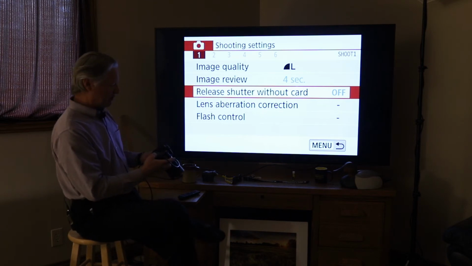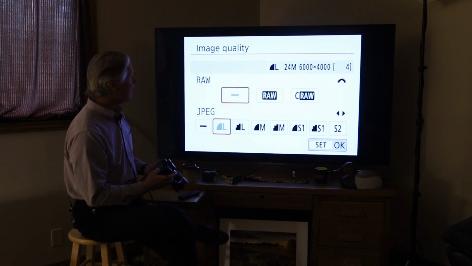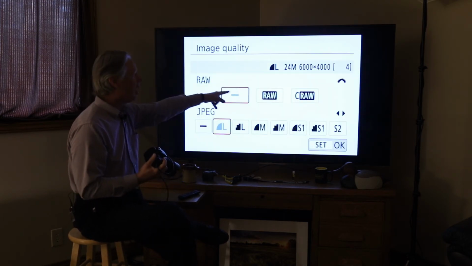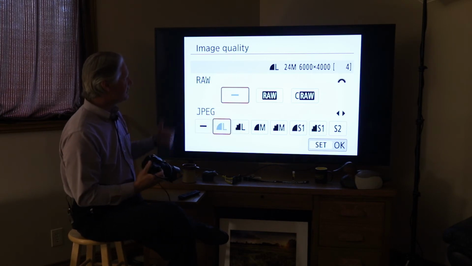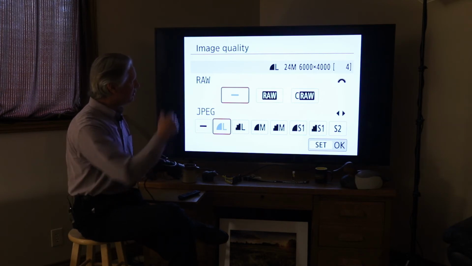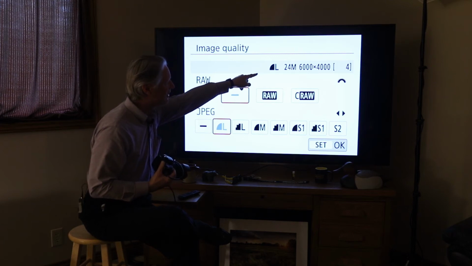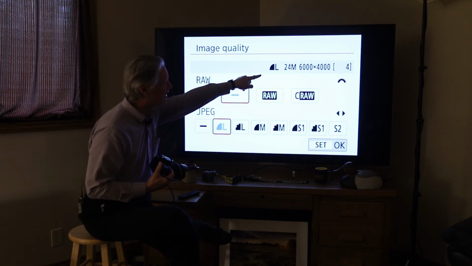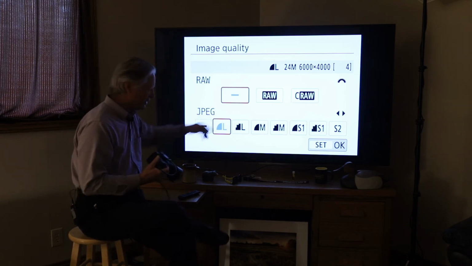So here we have a bunch of stuff. Let's go through some things, okay? Image quality. What is RAW? What are these, okay? Well, image quality is the relative quality of what you're using. Watch, this is a 24 megapixel camera, so it's 6,000 by 4,000. If I change my JPEG setting down here,